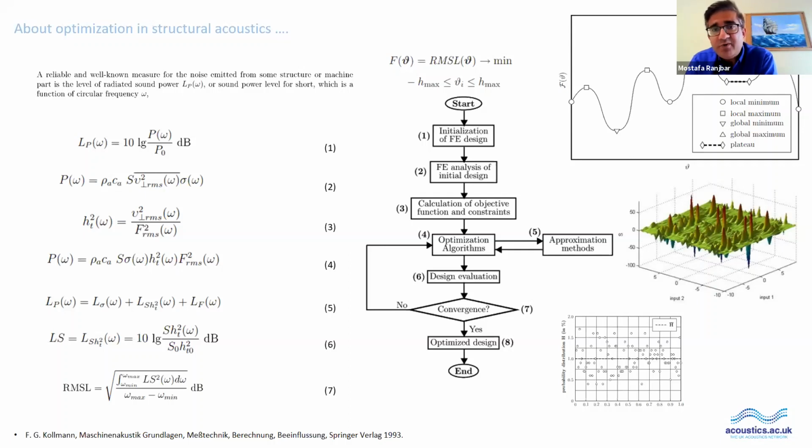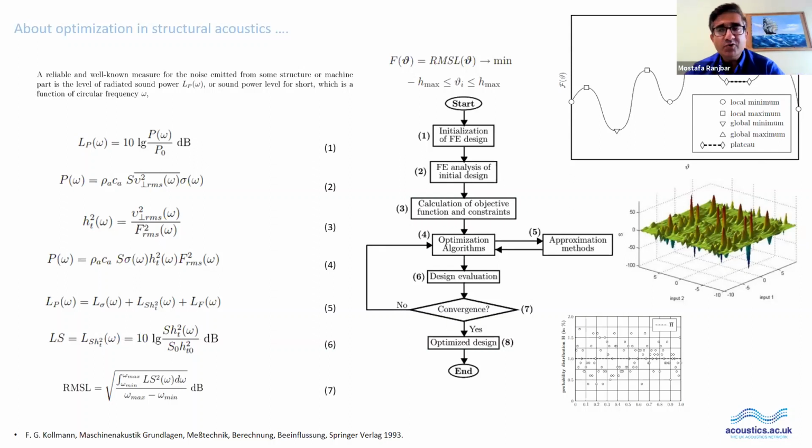We can reach equation number 5, which represents the level of radiated sound from one structure, which can be a combination of the summation of the terms resulting from the radiation efficiency, from the structure-borne sound, and from the excitation force. Here, I should say that it is a complicated combination between these levels, because if you reduce one of them, it can cause us to increase another one.